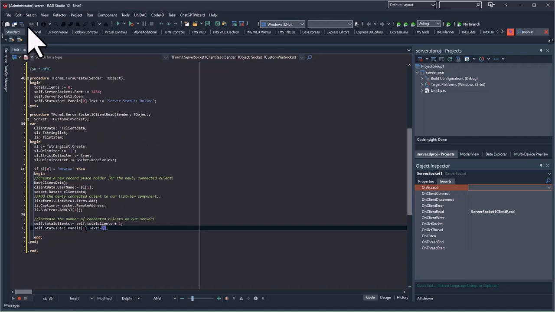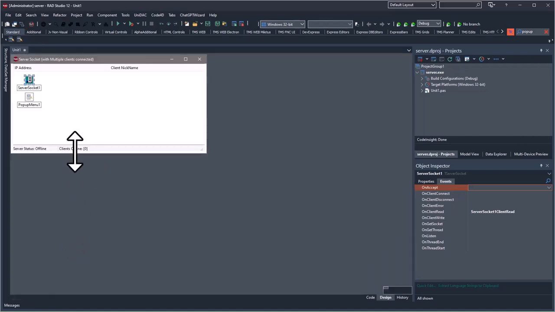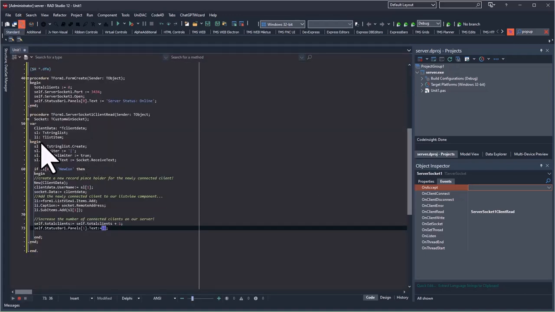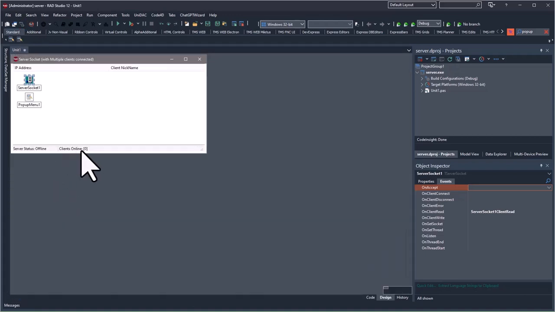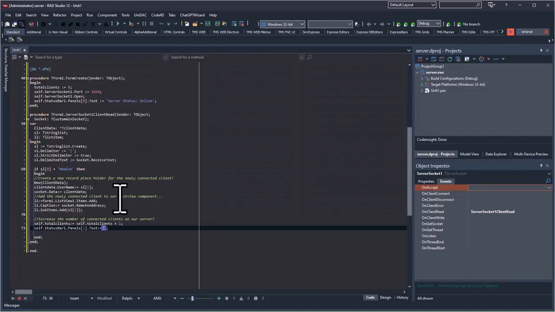Now I'll have to go back and look because I always forget. So down below we have clients online and then the number. Keep in mind, using this format is clients online, colon, and then this stuff. So make sure that we do it in the same way. So it'll be clients online, and then I'm going to do plus, and actually I'm going to put one of these right here, and then plus int to string